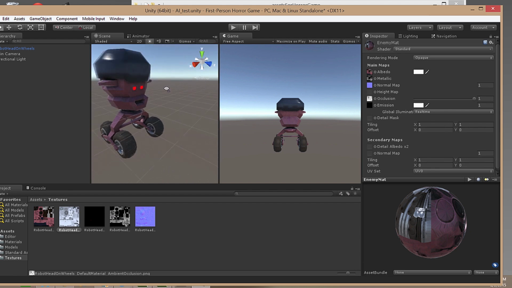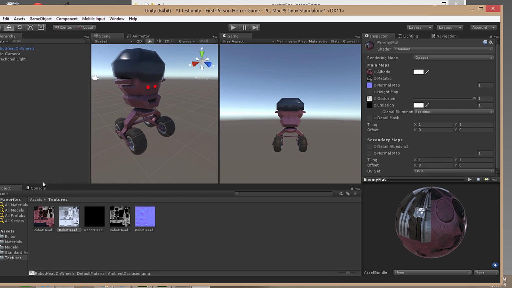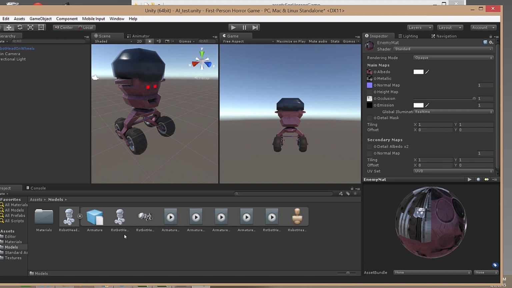So with that, I'm just going to show you one more thing before we end this lesson. If we go into models and I see my model here, if I push this little arrow, we can see there's actually a lot of stuff we're going to be working with in here. We have some animations. We might not be using all of these, but there are a lot of things that I made that we could technically use. And we have our armature, which is basically the skeleton that drives the animations, as well as the model and this